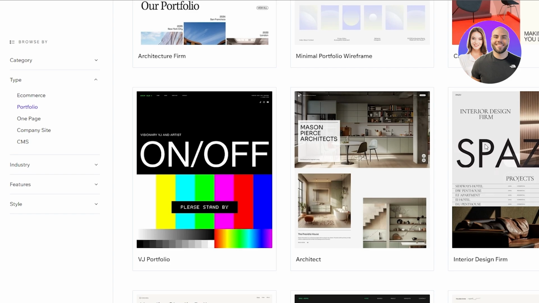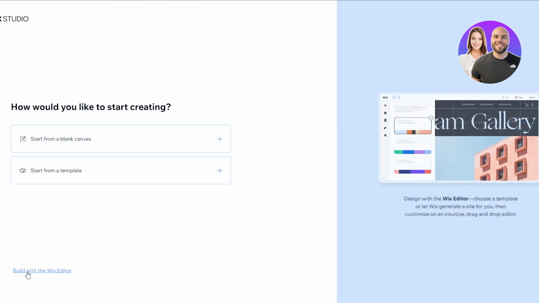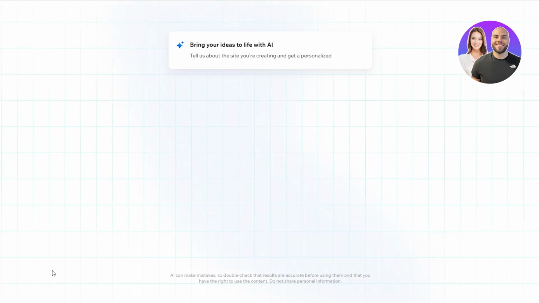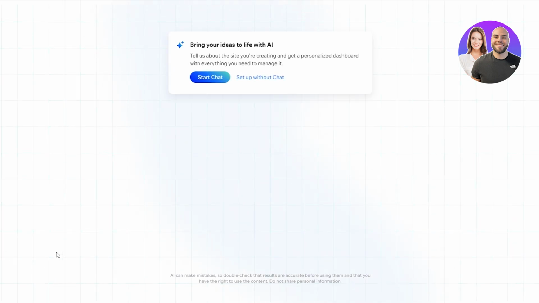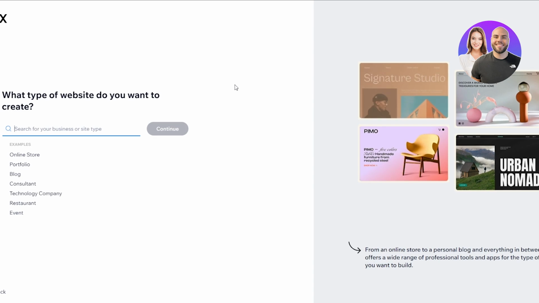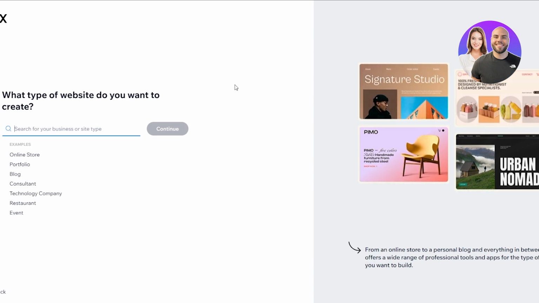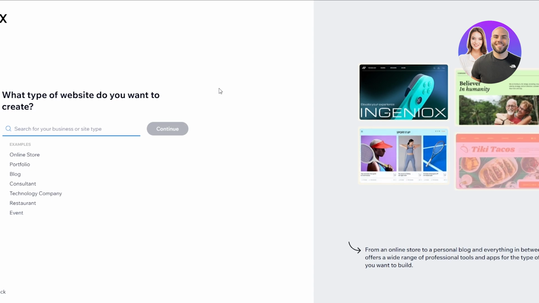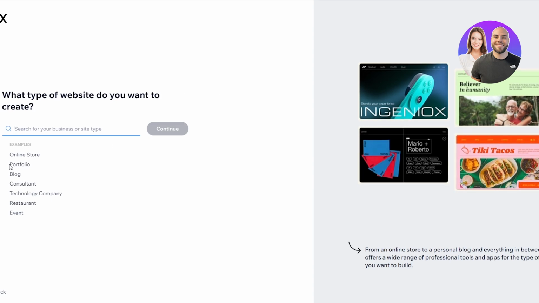So currently, these are all good, but I also want to select the Wix editor, and maybe we can find some good options over there as well, because I really like that. Now you can start building your website with chat, or you can set up without chat. If you go ahead and start with chat, it's going to ask you a bunch of different questions, and then build your website around those questions depending upon what type of answers you've given. I recommend not doing that, as it is a little bit janky,